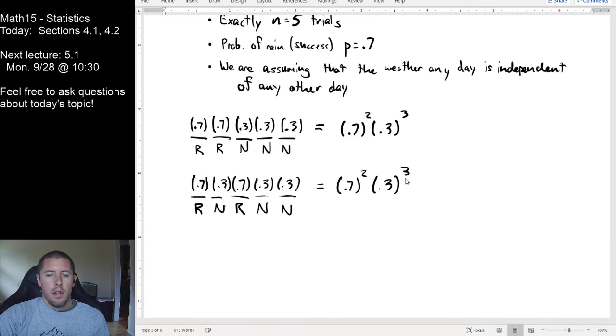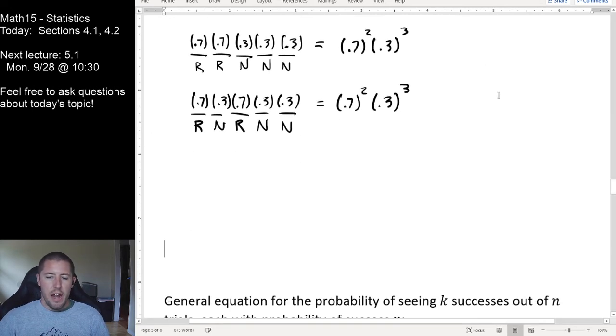All right? So it looks like what's going to happen is this. What I need to figure out is all the different combinations of 2 days of rain out of 5 to know how many ways this could occur. And I need to add up this same value. It looks like we're just going to keep on getting 0.7 squared times 0.3 cubed for all of them. It's just different orderings of the 0.7s and the 0.3s. But multiplication can happen in any order. So I'm not getting a different answer, but it is true that there's several different ways that we could do this. So here's what I'm thinking. It should be that our answer